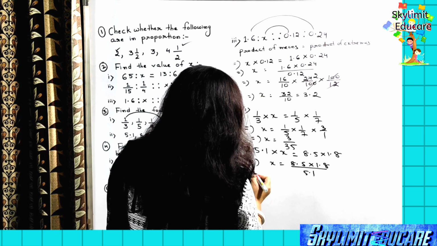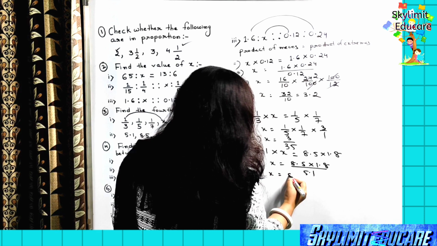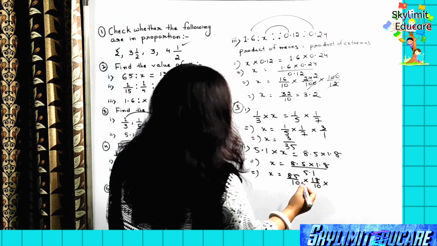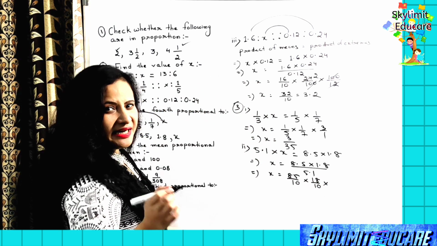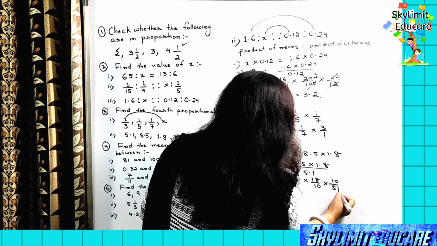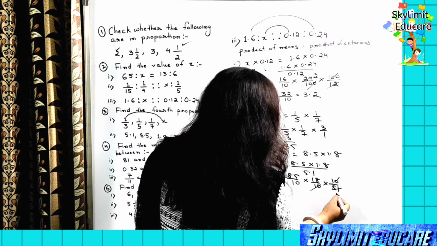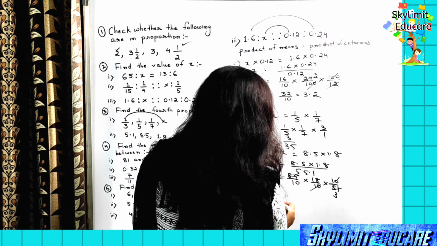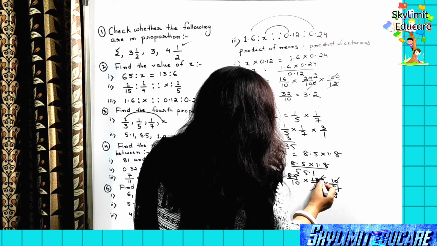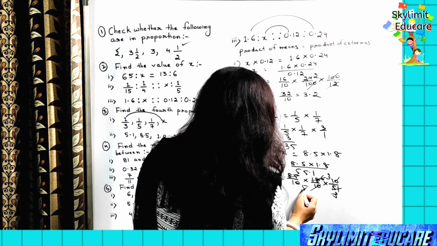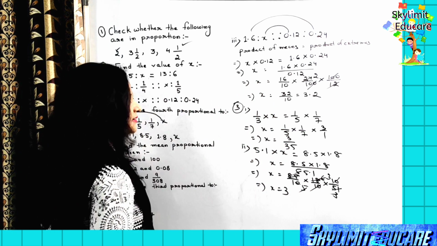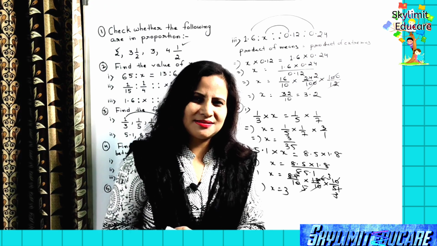So that implies x is equal to 85 by 10 multiplied to 18 by 10, and this is 5.1. So 5.1 is 51 by 10 in the denominator. So that becomes, the multiplicative inverse will be 10 by 51, right? 10 cancels out. 17 3s are 51, 17 5s are 85, right? Now we have here 3 6s are 18. Then 2 3s are 6, 2 5s are 10. So 5 also cancels out immediately. So we got here x is equal to 3. Clear? So I hope you all are getting clear with this.